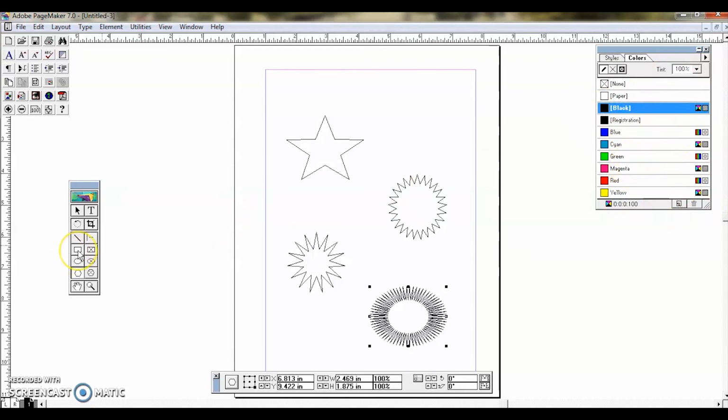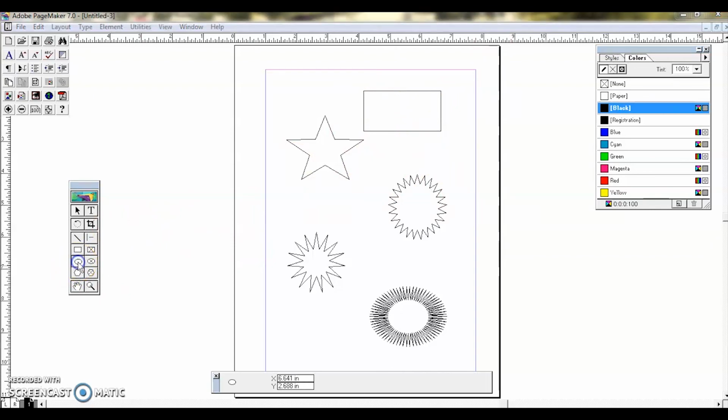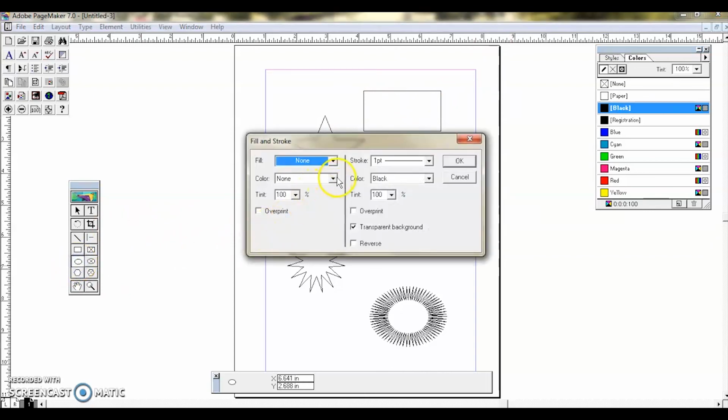So I click the rectangle tool and draw a rectangle. If I want to fill this, then I have to double click this ellipse tool. Then I will have my color. Here I have to select my color. Let me take magenta, and here I have to select solid.